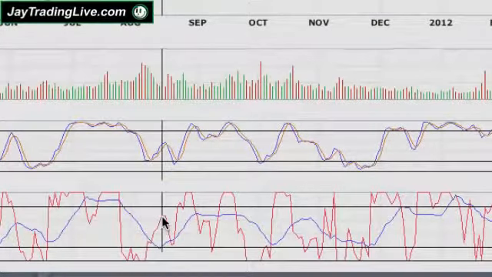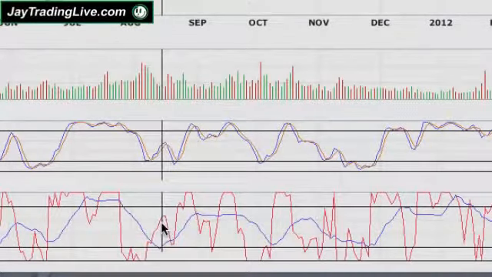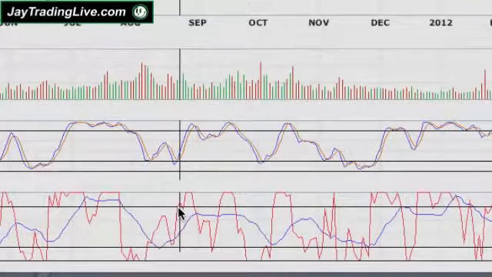But you can see this move does not get verified. It doesn't reach the 80 mark. So this is a non-trade. This doesn't get verified. But then we come in here and we find another one of my famous indicators off this chart,